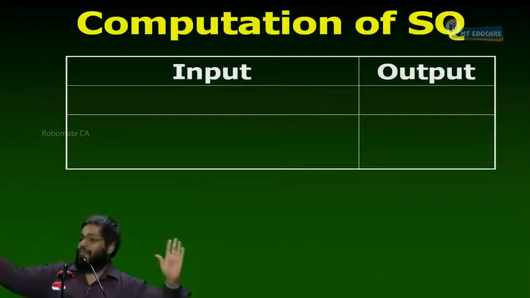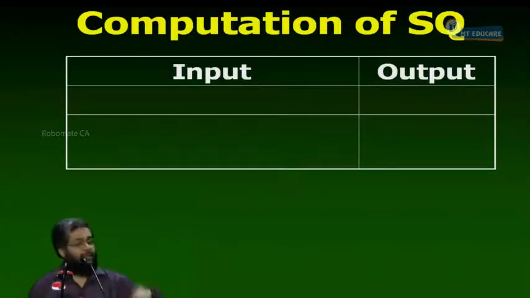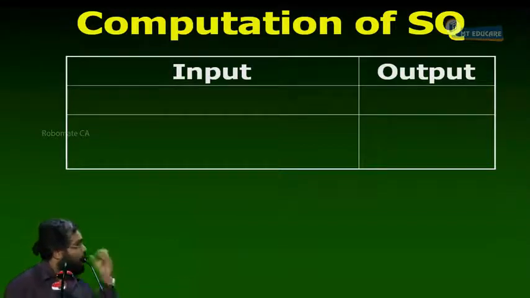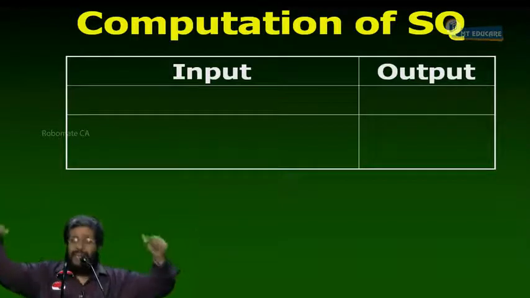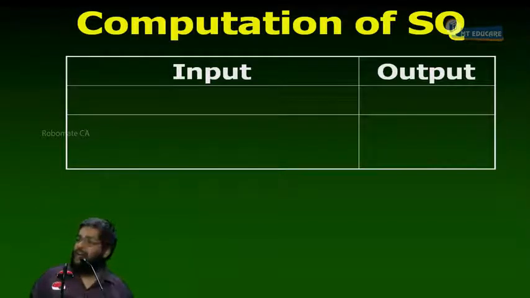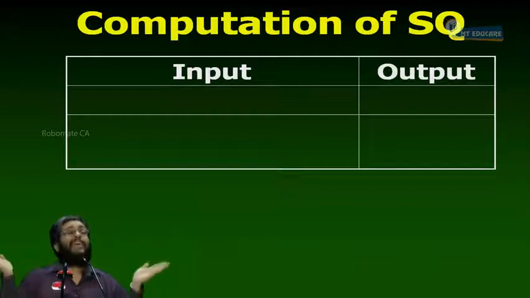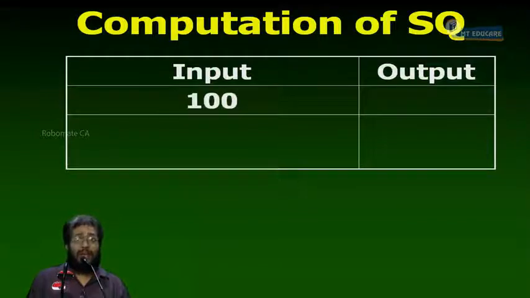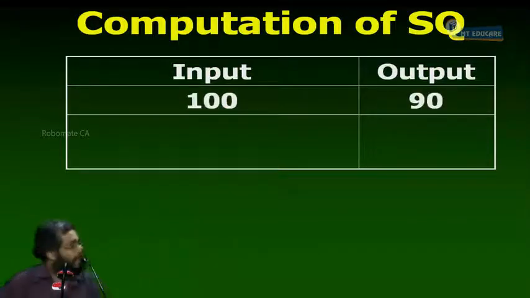At that time we'll learn it, but understand that what I put into the machine need not come out, because there can be a process loss. Respond, yes or no? Now, the budget says that when I put 100 kg into the machine, can I expect 100 or less than 100? There's an expected, standard loss. How much percent? 10%. So the budget says that your input of 100 should give an output of 90.